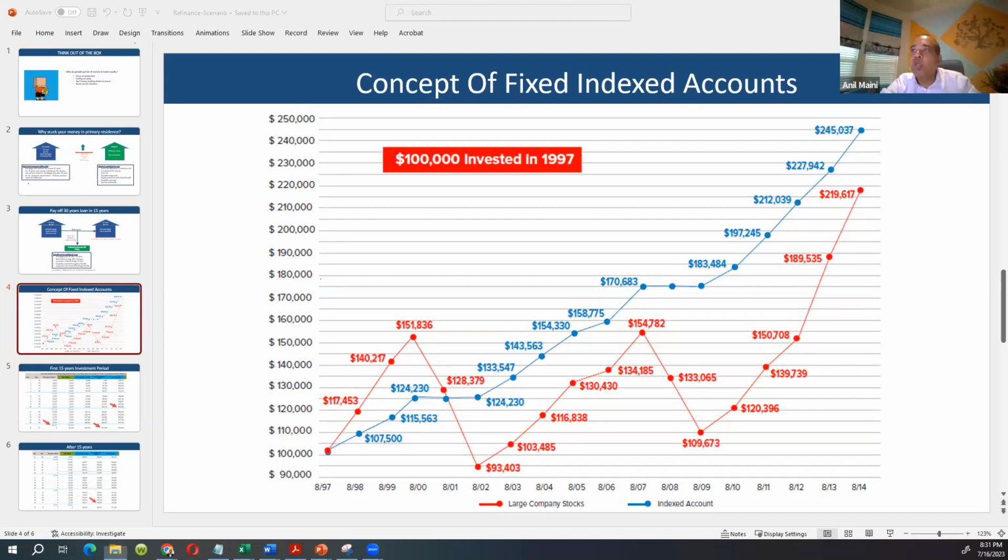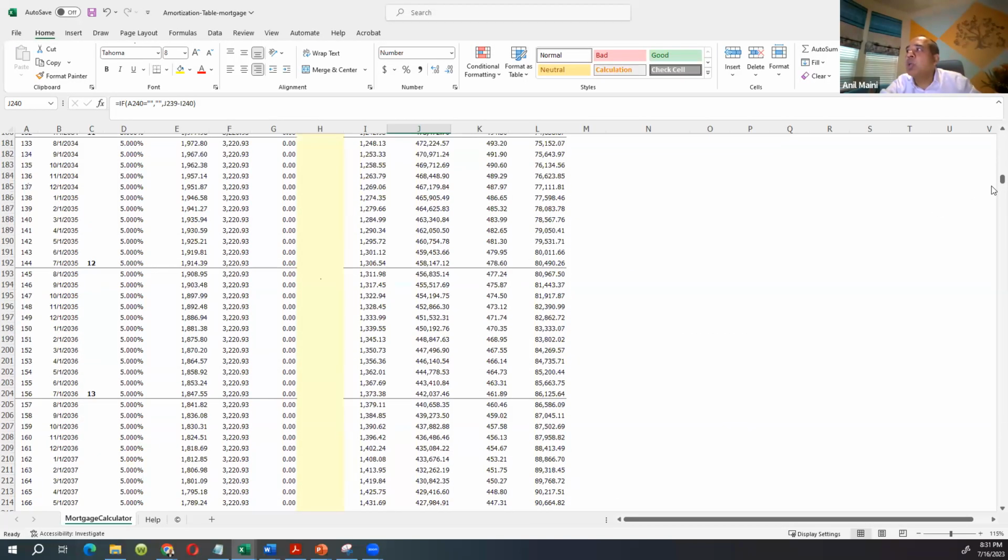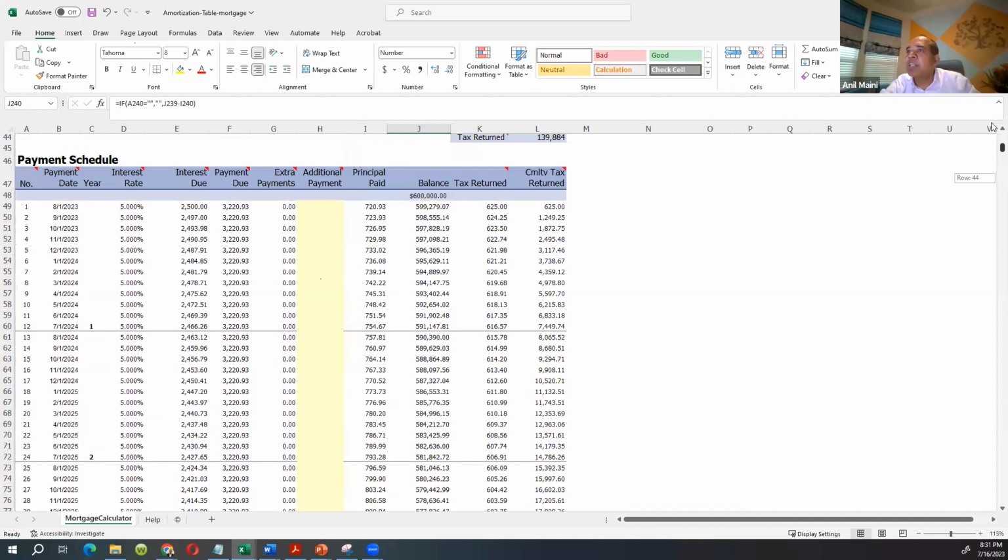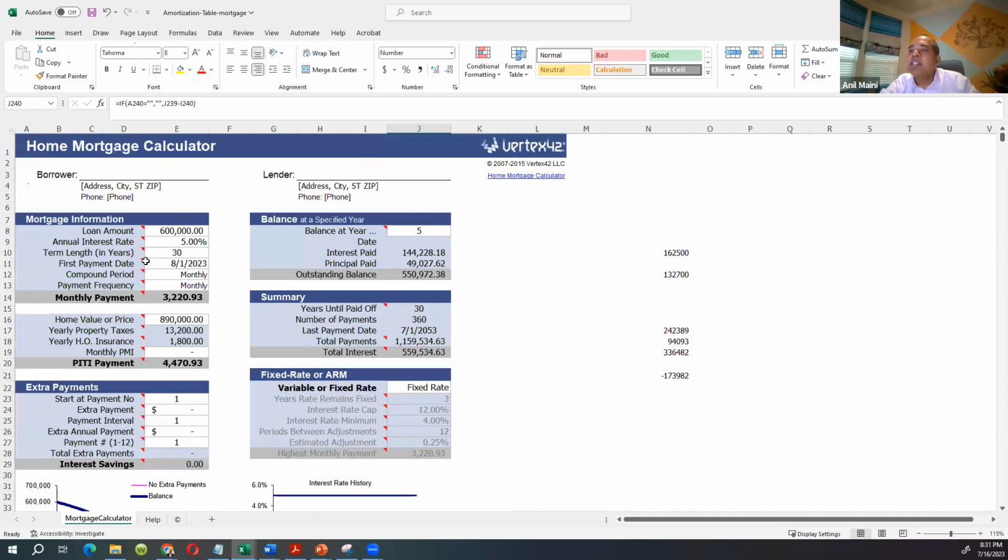Okay, let's go through the amortization and today's scenario, and we will run the illustration. Now, today's scenario is that homes have become expensive. On average, people are having around a 500 to 600K mortgage. So we will take a 600K mortgage, and the new norm right now for interest rate is around